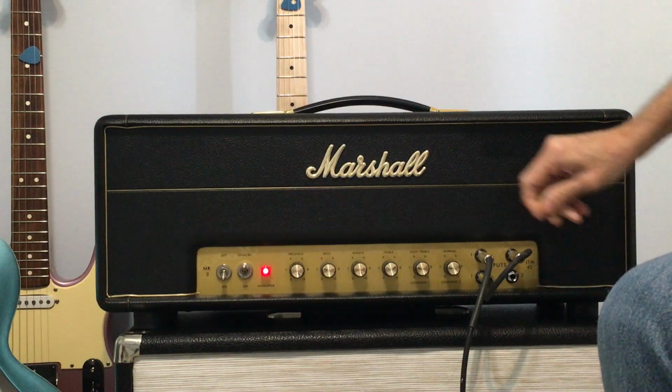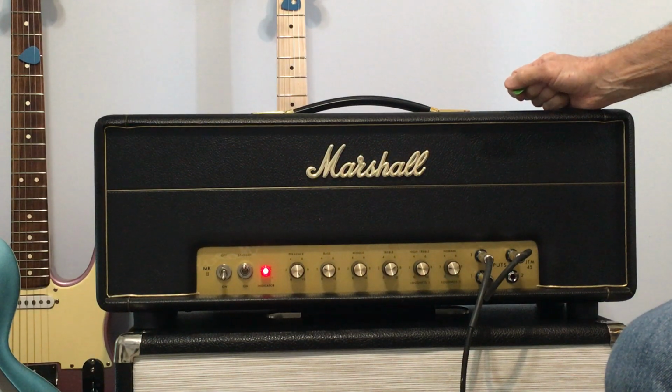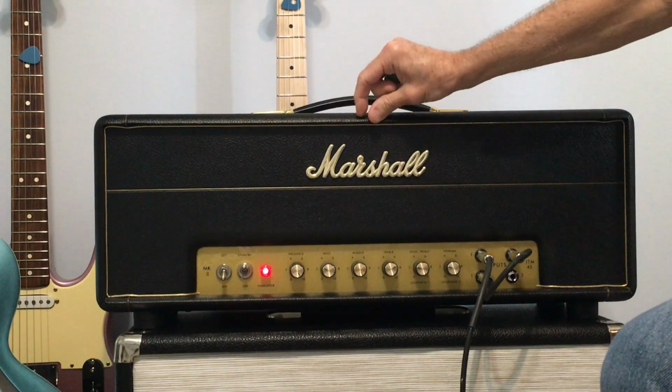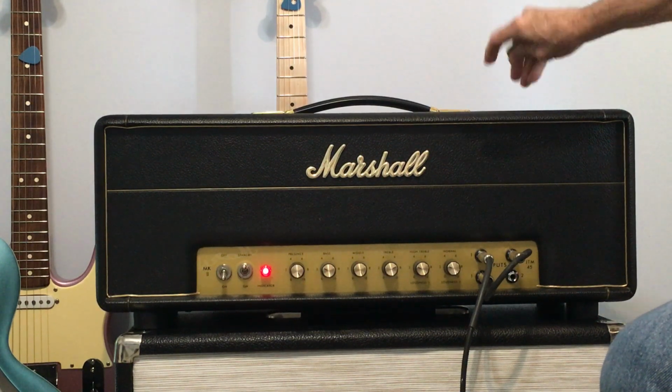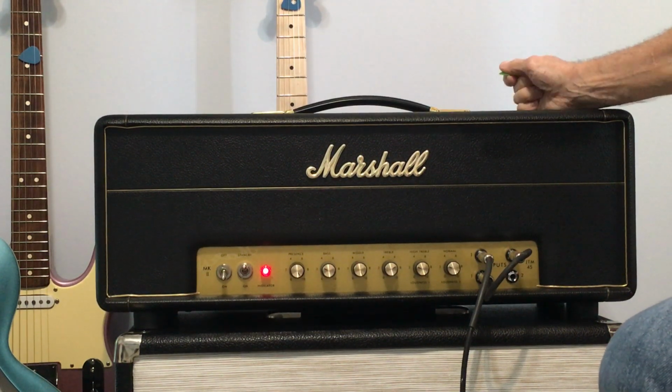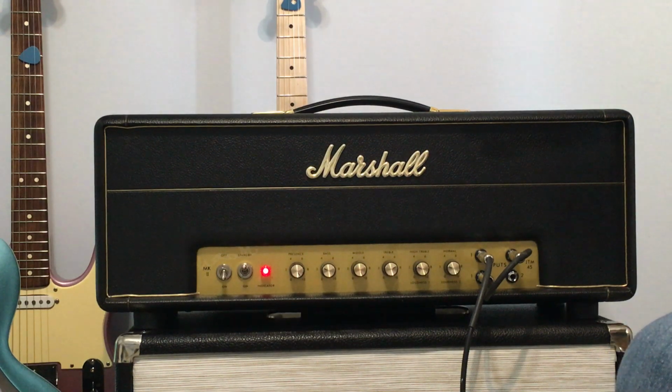So here we go. Here's a clean sound. Got the channels jumpered, both the normal and the high treble on about 2.5 or so. The master volume is under halfway, and it's pretty loud. I'm going through a